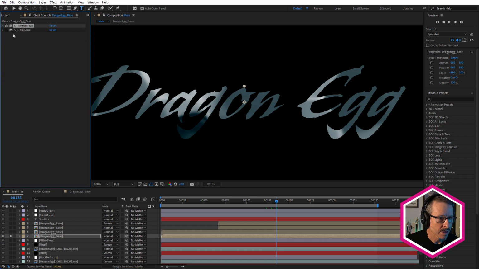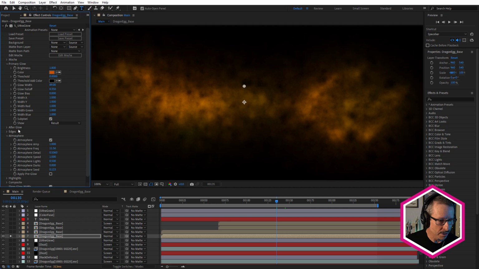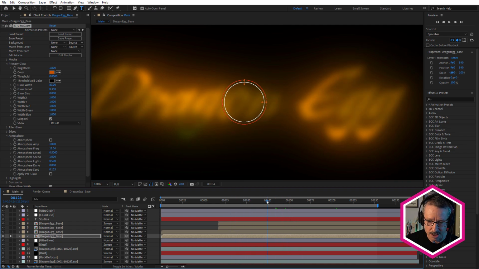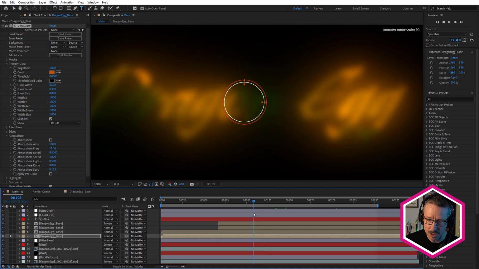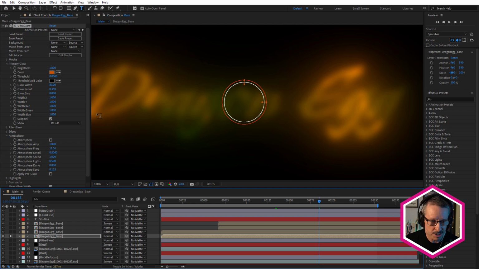And above that, I've applied Ultra Glow, and Ultra Glow also has atmosphere. So without atmosphere, we get this. So we're getting just a nice glowy look, and you can see the glow is moving around because of the Texture Flux. So the bright areas become brighter because of the glow.